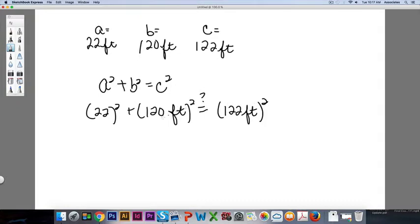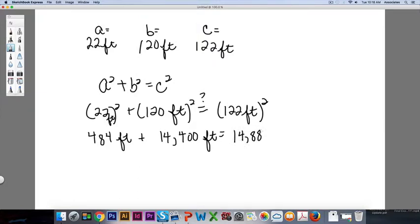So if we do the math, 22 times 22 is 484. And feet times feet is feet squared. And I should have put a feet. 120 times 120 is 14,400. And again, it's square feet. And 122 times 122 is 14,884 square feet. When I add them together, this side becomes